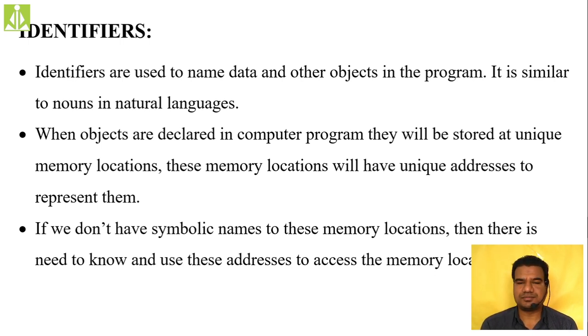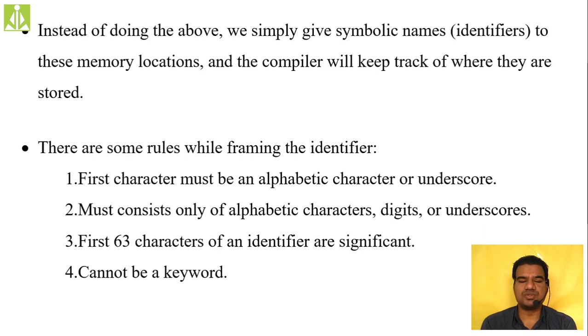All these things we discussed, and we said that for framing identifiers we have certain rules, and those rules also we discussed. An identifier is nothing but a name, isn't it? We are giving a name, and in order to frame that identifier, we have to follow certain rules. Not all names can be considered as identifiers. There are some rules before you take any identifier in your programming code.